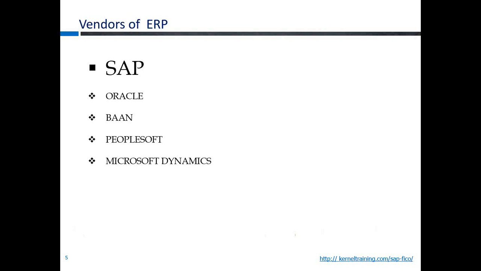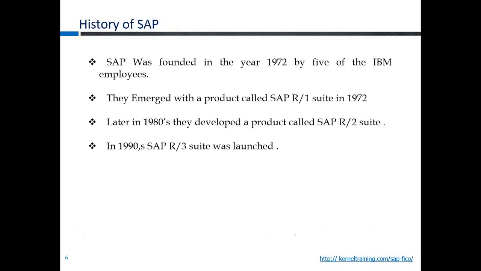But still, though we have different vendors, why do we say SAP is one of the prime vendors of ERP? It is because SAP is the one which gives equal importance to all the modules and integrates all the modules, which is very, very essential for the management of any company or corporate to decide on their future plans of increasing and rapidly developing their business. That is the reason why we are moving towards SAP to be implemented in different organizations.